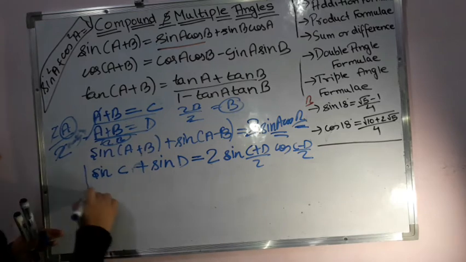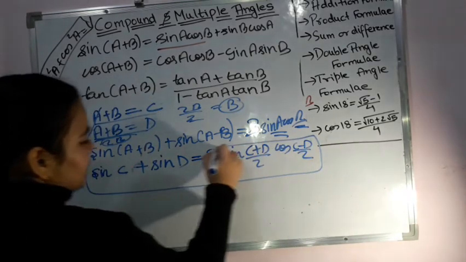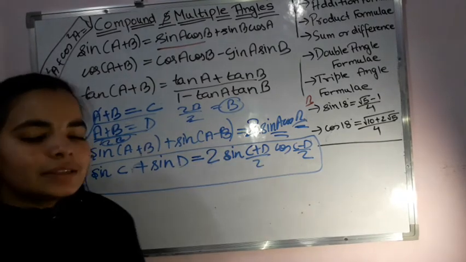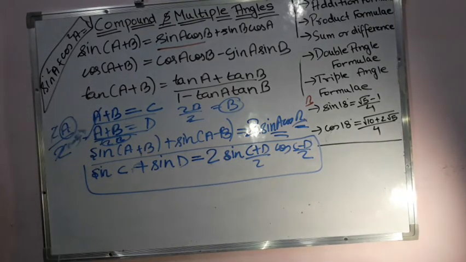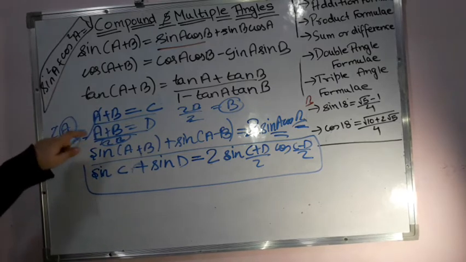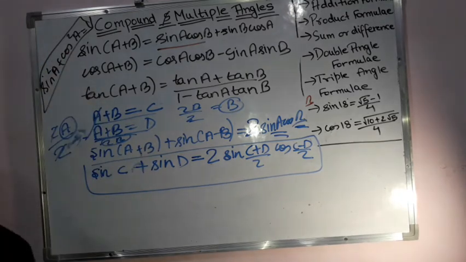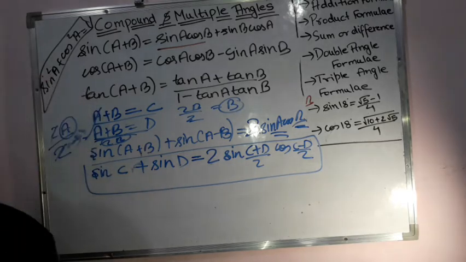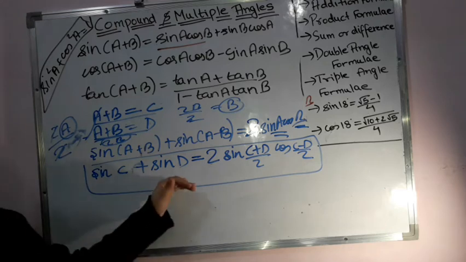So this is how I got this thing, right? That means sin C plus sin D is equal to 2 times sin (C plus D) by 2 cos (C minus D) by 2, right? Similarly, you can do it for cos also and tan also. With these formulas which we have derived from these three formulas only, here also we are not learning anything. Simply saying the name of it: if I am saying sum or difference getting changed into product, then I will be calculating the sum of them or the difference of them.